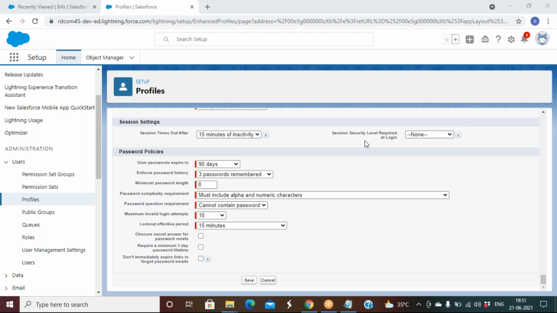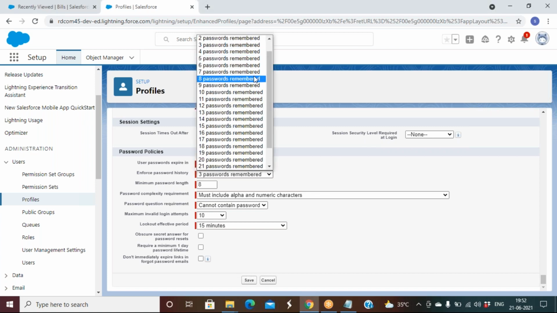So it means that from the application point of view, we can set up a parameter for how many old passwords, along with the current password, the system can remember. Salesforce has the capability to maintain up to 24 passwords, or no password remembered.